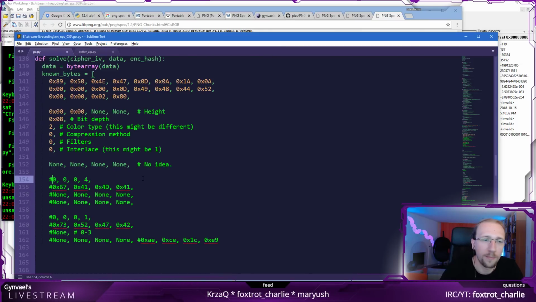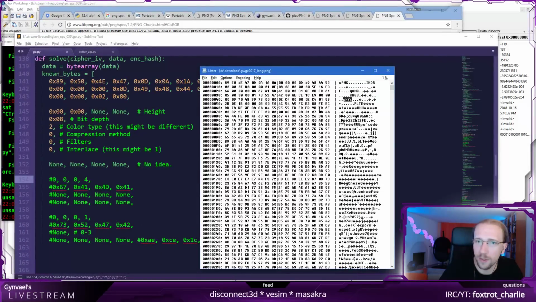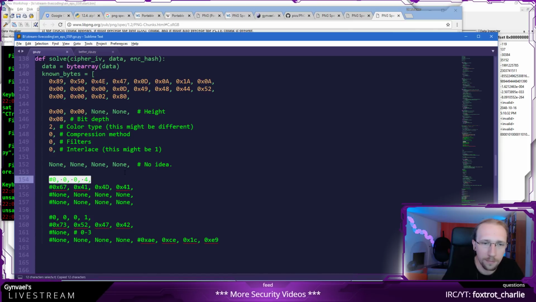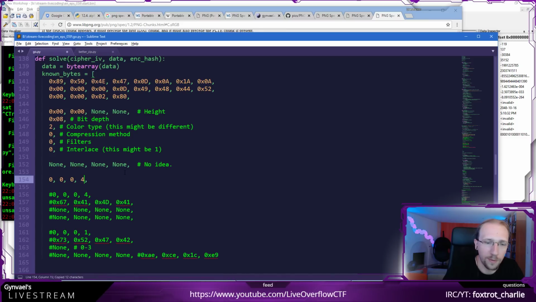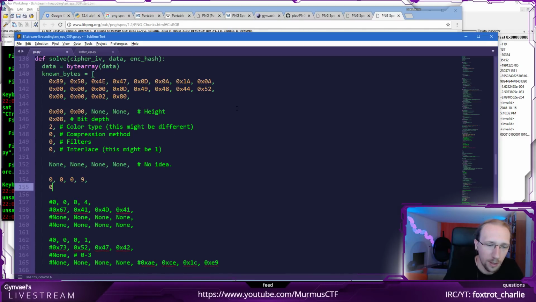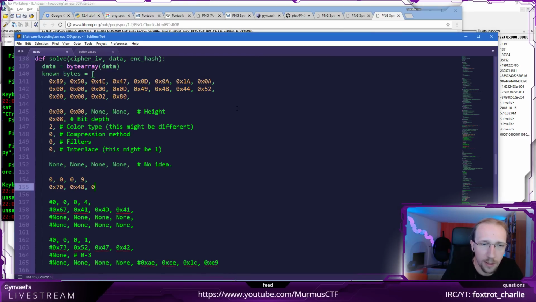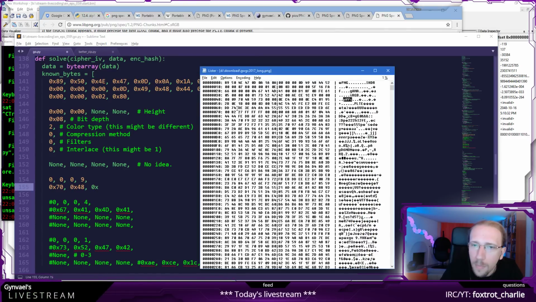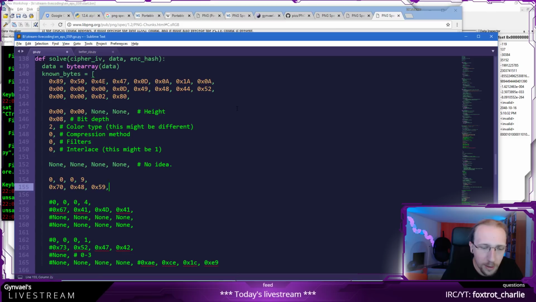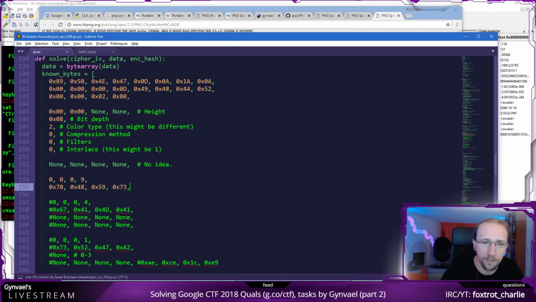Okay, so if it's not gamma, perhaps it is fizz. So let's try with the fizz section. The fizz section is the size of 9, and then we get 0x70, 0x48, 0x59, and 0x73.